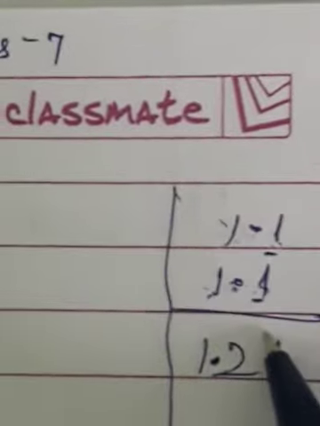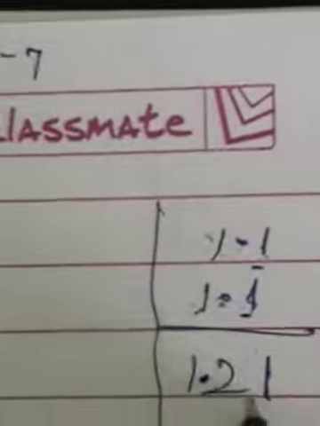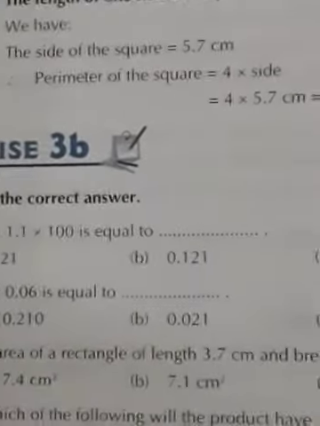Same thing I repeat here. After the decimal point is one digit, after the decimal point is one digit. Total number of digits, 2 digits. So from the right hand side, I think I told you left hand side, sorry, it is right hand side. Because there are 2 digits after the decimal point, count 2 digits. 1, 2. Put the decimal point here before 2 digits. So this is the answer, 121. Now which is the option here? You see, the answer is A, 121. So right here A is the answer, 121.